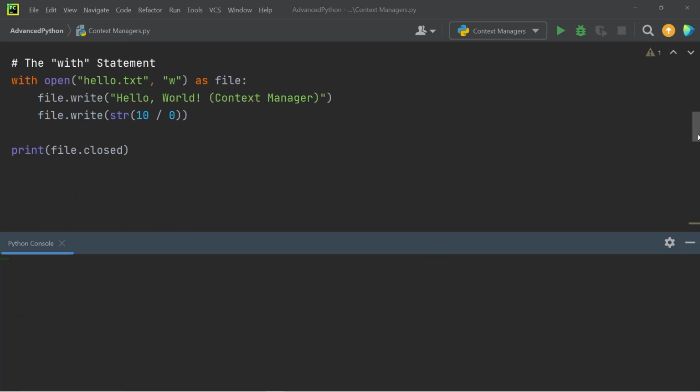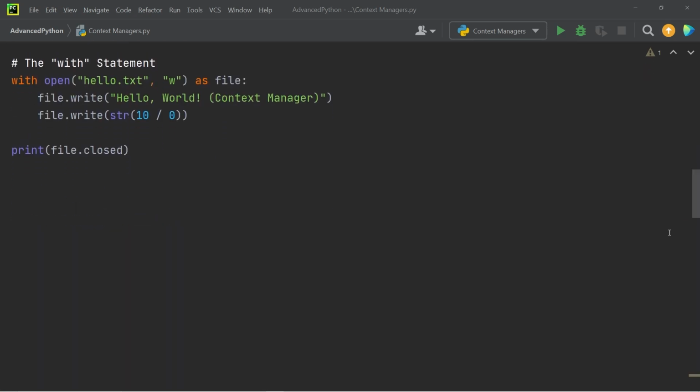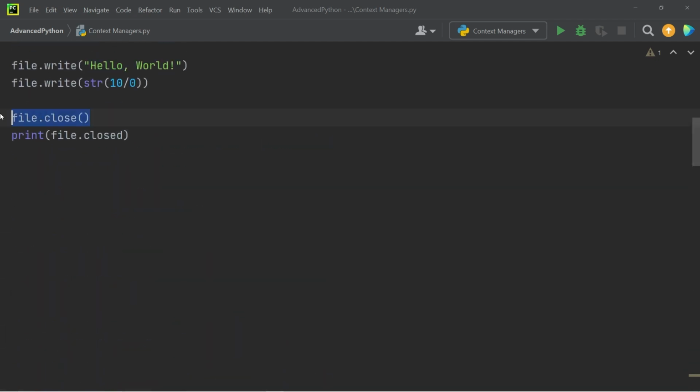In this example, we're using the with statement together with the built-in context manager open to open a file in write mode. The object that is returned is then given the name file using the keyword as. In the following two lines, we are first writing the words "hello world context manager" into the file. Then we're producing the same error that we saw a moment ago, where we're dividing 10 by 0. And you'll notice that we are not using file.close anymore, because that is actually being handled by the context manager